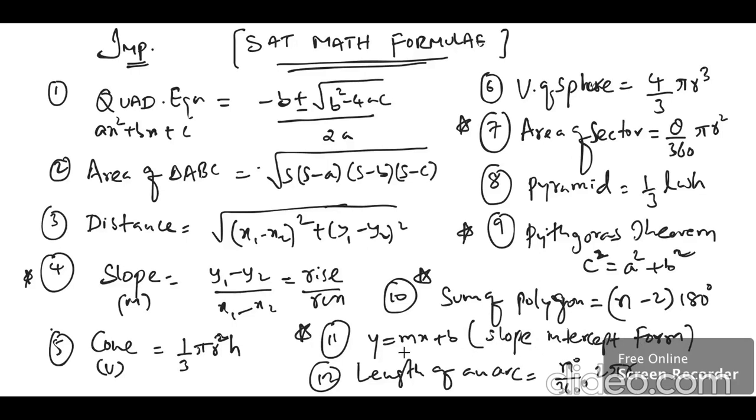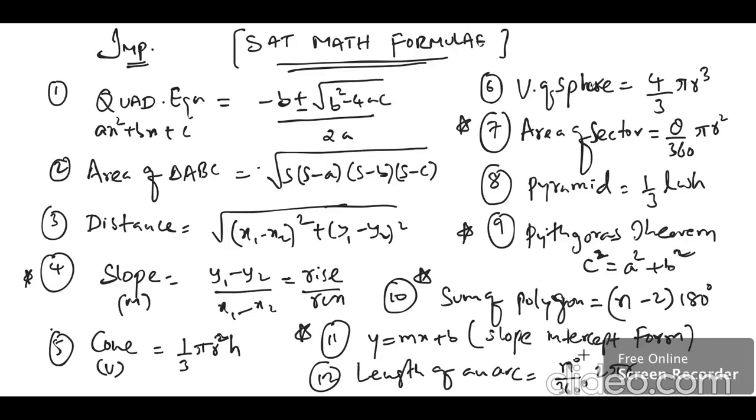Generally in the SAT exam they give us a linear model equation, wherein m will be the constant rate and b is the intercept, or a value whatever they give in the question, that is the initial value. When x is 0, you will have this y intercept value. Length of an arc can be found by the ratio that we have, the degrees over 360, times 2 pi r, because the length of an arc is a part of the circumference.